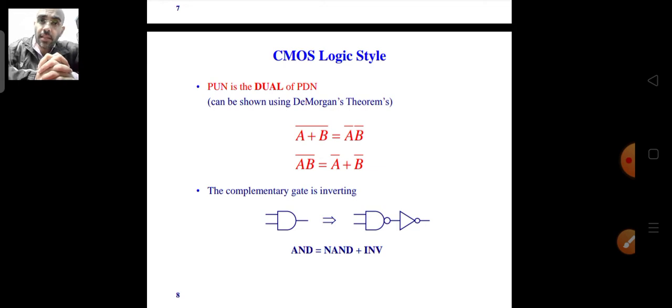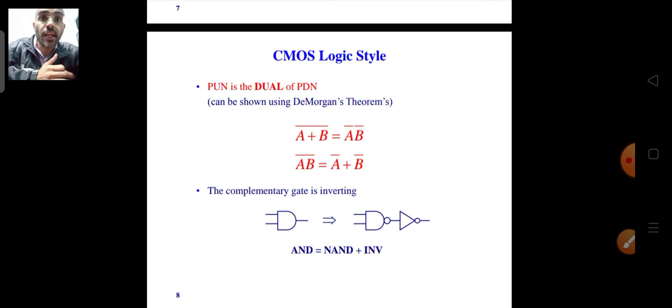That the pull-up network will be exactly the dual of that, and if you just connect the pull-up network and the pull-down network, you'll be able to realize the function with a whole bar over it. Okay, but if you want to realize a NAND gate, then you can easily realize it with the help of CMOS, with the combination of pull-up and pull-down network. But if you want to realize, let's say, an AND gate, a function which is without bar,